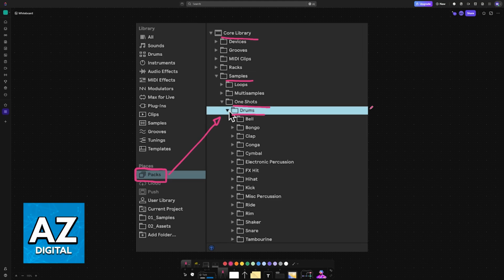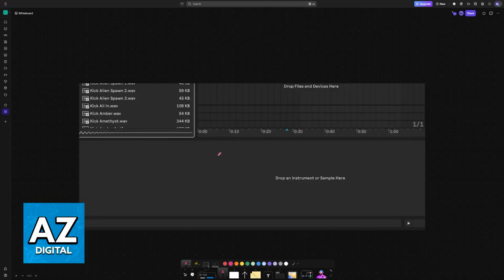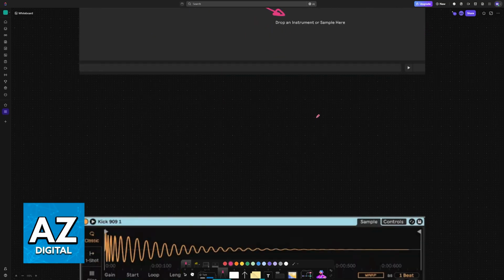So once you find your specific drum that you would like to use, load it up into your project. You will see a grid of usually 16 pads in the device view at the bottom of the screen, and each pad will correspond to a specific MIDI note. This is how it looks for all of the preloaded ones, and you can simply drag and drop the instrument at the bottom. Then the grid is going to appear right above it.